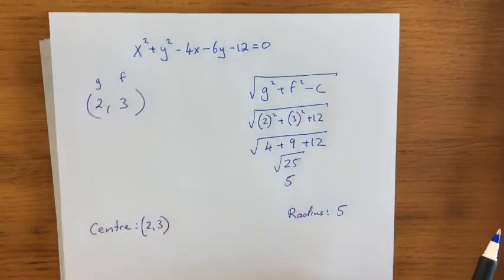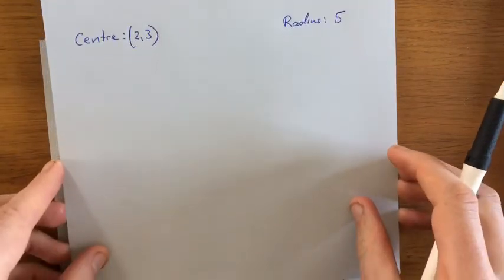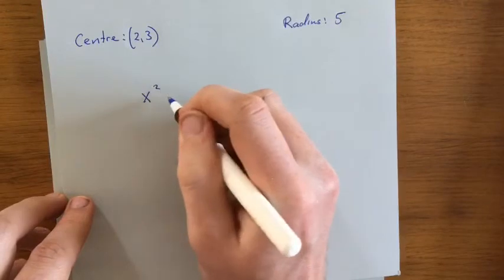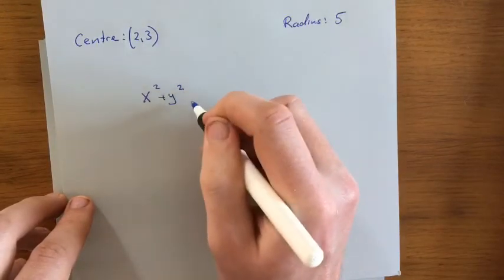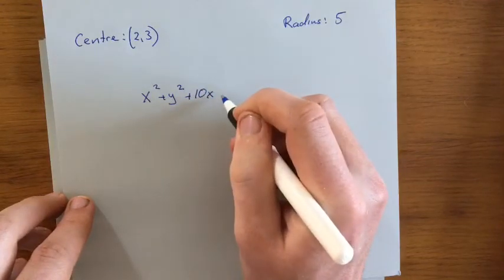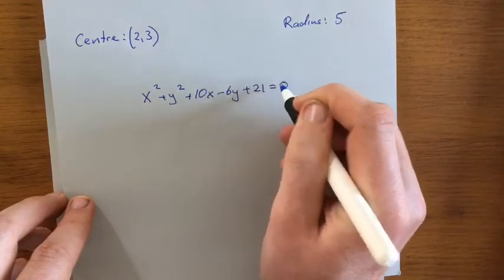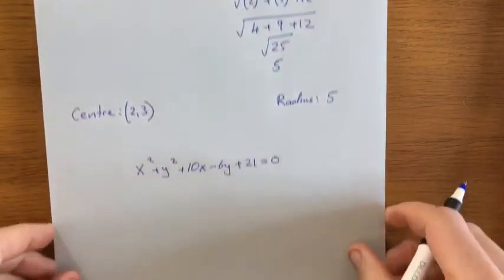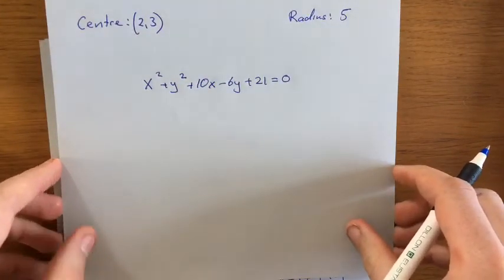So I'm just going to give you another question to do where you're just going to do the same as that. Okay, so the equation I'm going to give you now is x squared plus y squared plus 10x minus 6y plus 21 is equal to 0. And I want you to do the exact same as I did up here. Okay, I want you to pause the video now